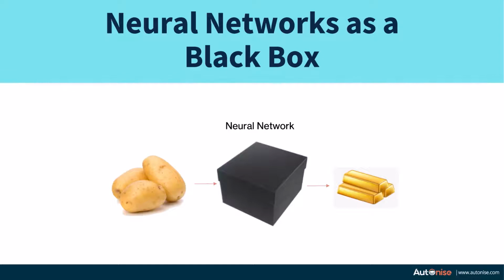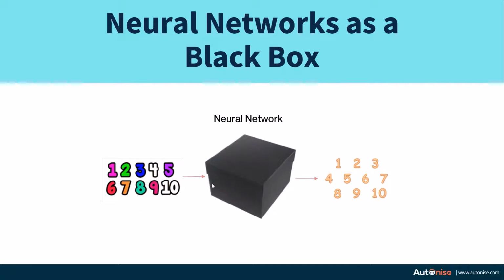For now, we'll treat our neural network as a black box and try to understand how exactly the data is fed into the neural network and how to extract the output from it. So first of all, even though neural networks are a black box, they do not convert potatoes into gold. Neural networks are just a hypothesis function. They take in some numbers and give out numbers. So our neural networks are functions which will take in a sequence of numbers, lots of numbers, and then output a number.